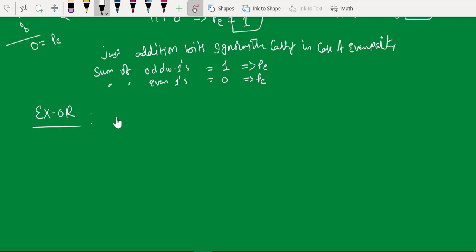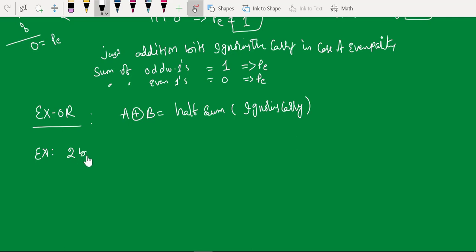As you know, the XOR gate output is A XOR B. This is nothing but the sum, ignoring carry. That means you can use an XOR gate for production of parity directly. Suppose you have only 2 bits, and you want to produce a parity bit. Let's take one XOR gate.